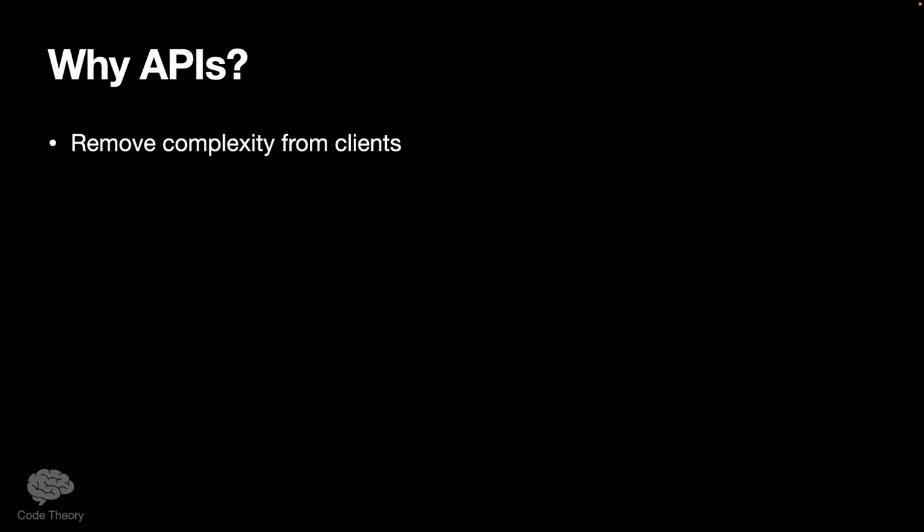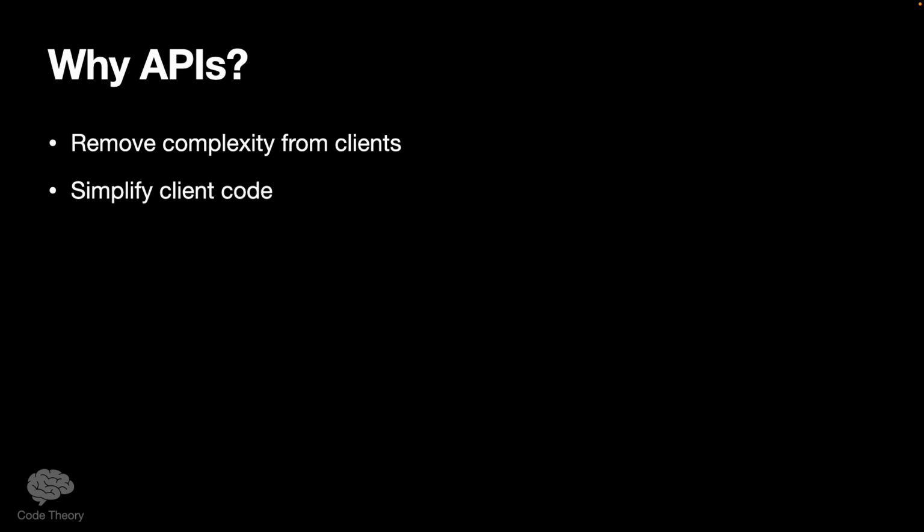So APIs allow us to take complexity out from clients and put it somewhere else. This sounds like functions, kind of, right? How functions can be used to create small pieces of code that you can then call from elsewhere. And that's because it is like functions. In fact, APIs are pretty much just functions and types that you can then use. It's just, rather than having it all be in your code base, you can also use someone else's code base.